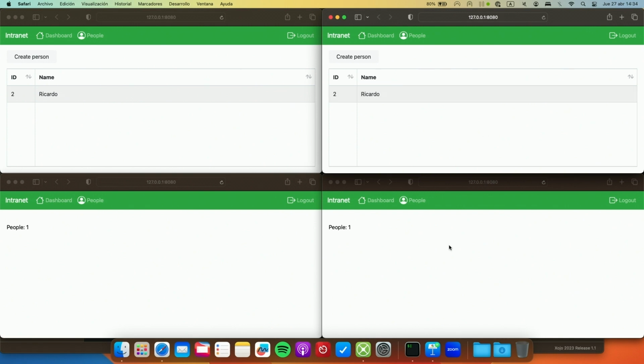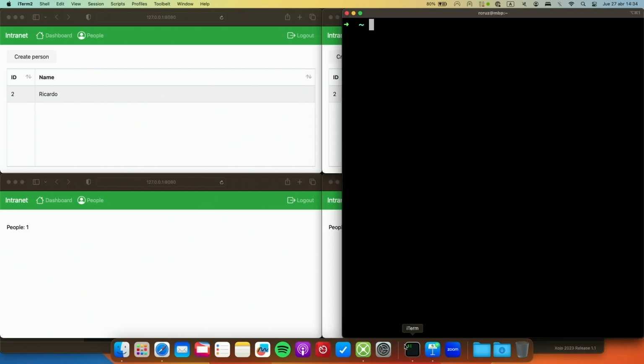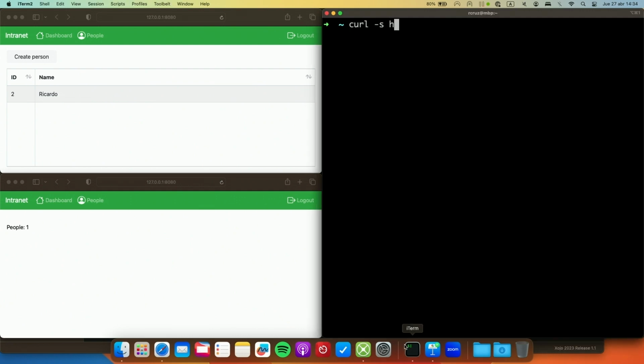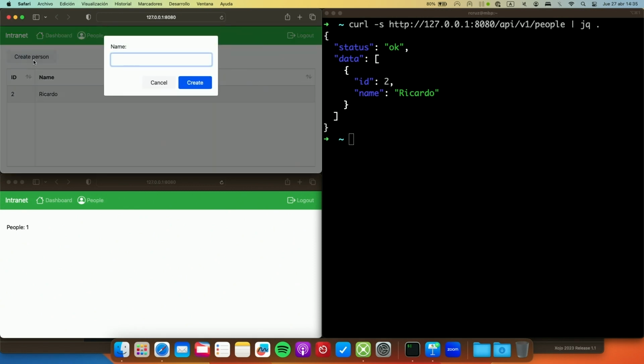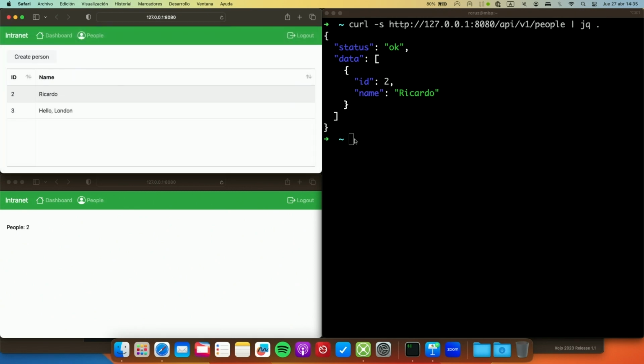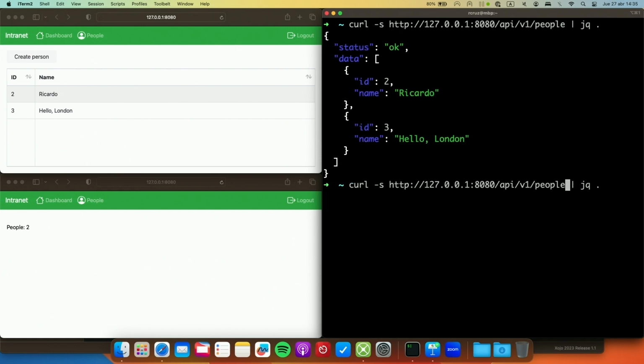We also have an API. So if we send a request to the API, we are going to receive a JSON with an array of people. If I create another one, like, hello, London, and I refresh, there you go. You can also inspect an individual item, hello, London,